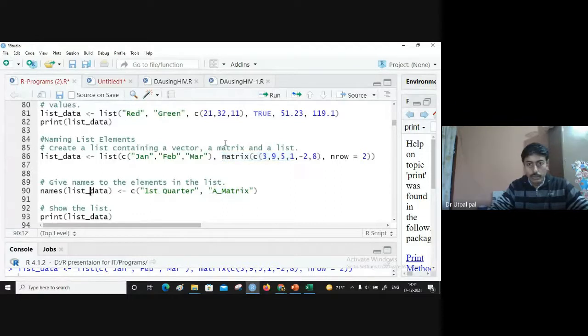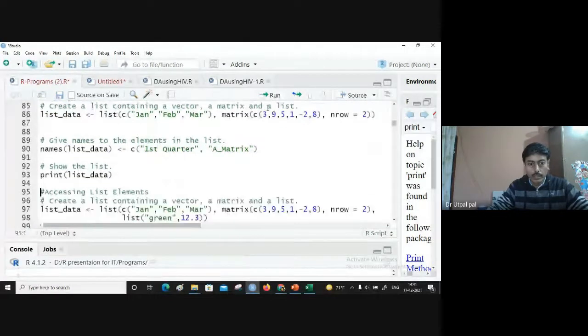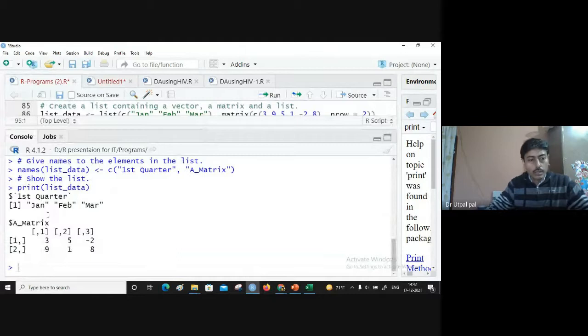So let me assign the names. Now if I print the list, it's already assigned. Here you can see the name of the first item and the name of the second item.